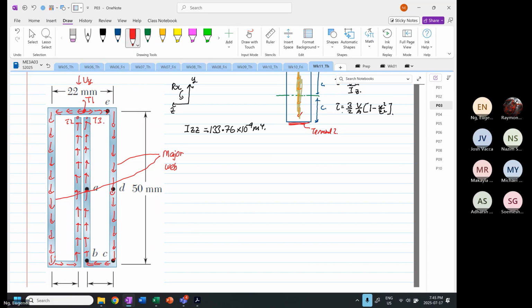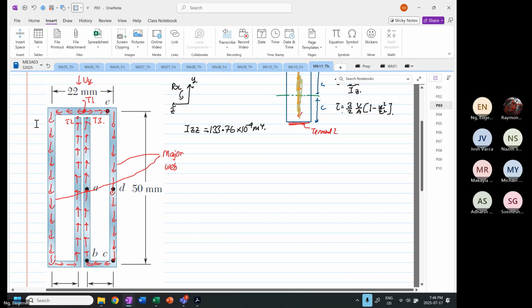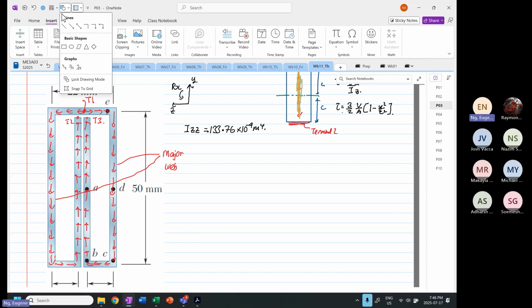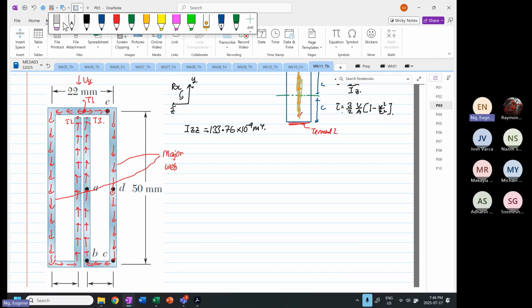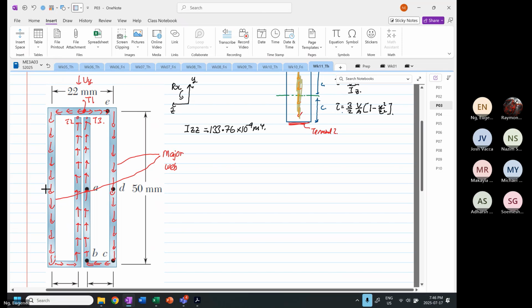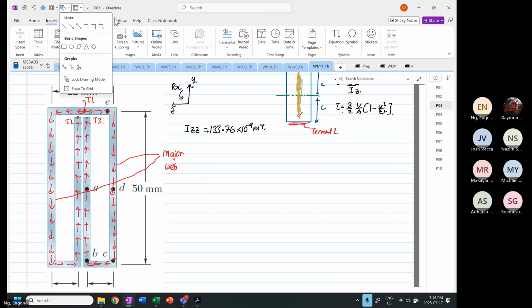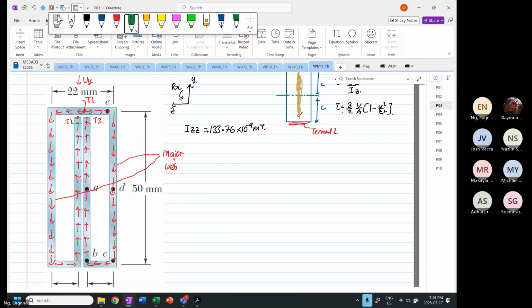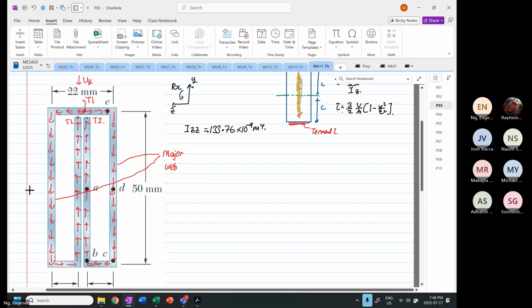Okay. Initially, it looks really complex, but it's not that bad. So you draw, you put down your geometric centroid. The geometric center is somewhere, not somewhere, it's over there. Okay. So the first thing that we're going to do